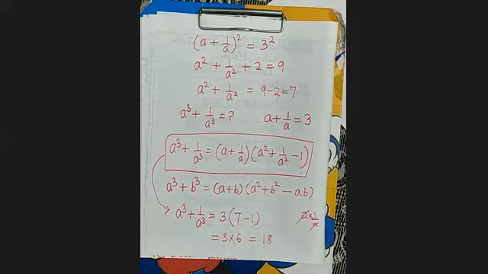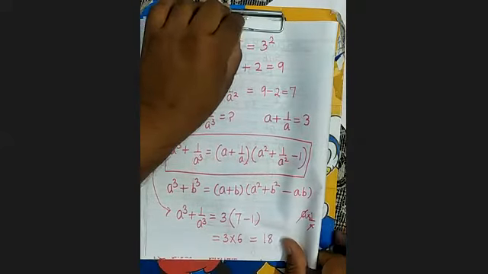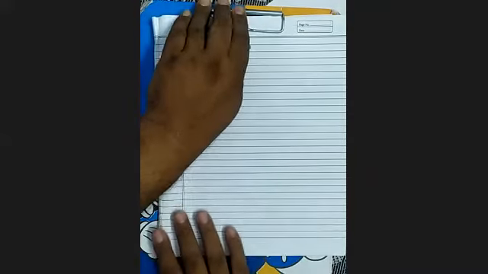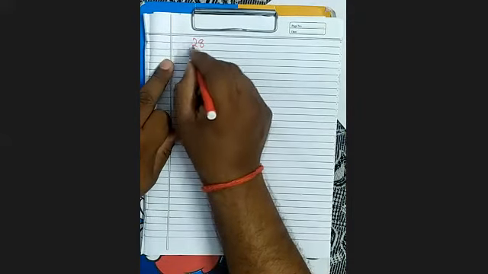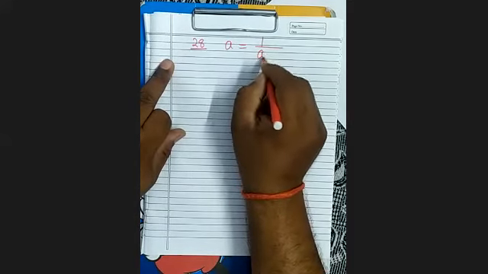Have you understood? सबको समझ में आ गया? Yes, sir. Now see here. Similarly, you can do the next question also. Its hint is also given. It's clear? I am explaining that hint. I will not solve it completely. Question number 28. A equals to 1 upon A minus 5.